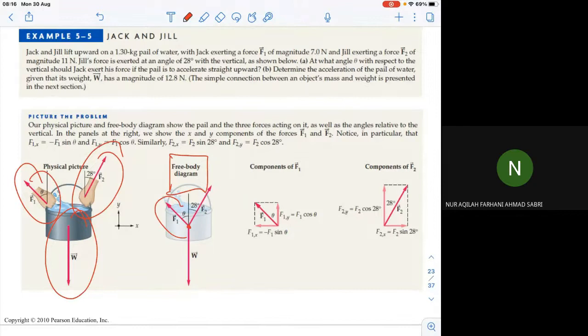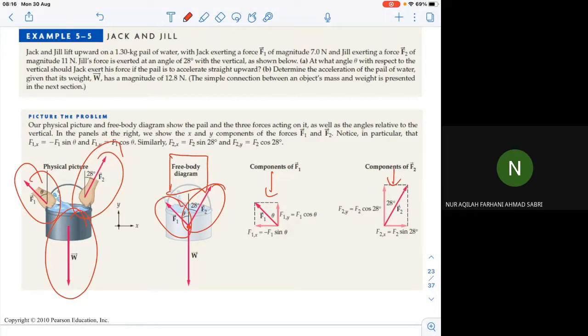F1 and F2 come with an angle, therefore we need to find components of F1 and F2. How about W? W also has components, but